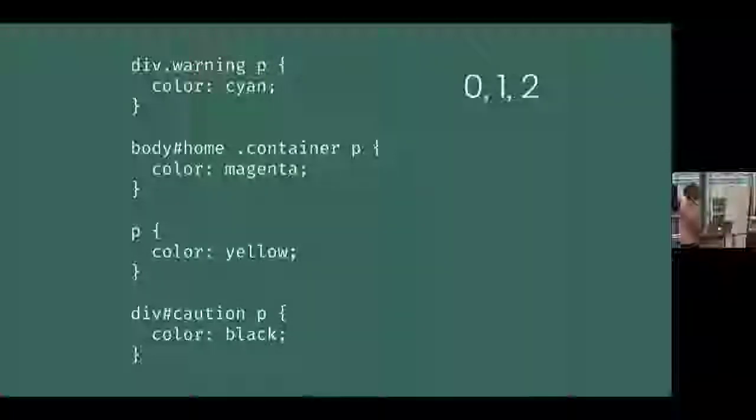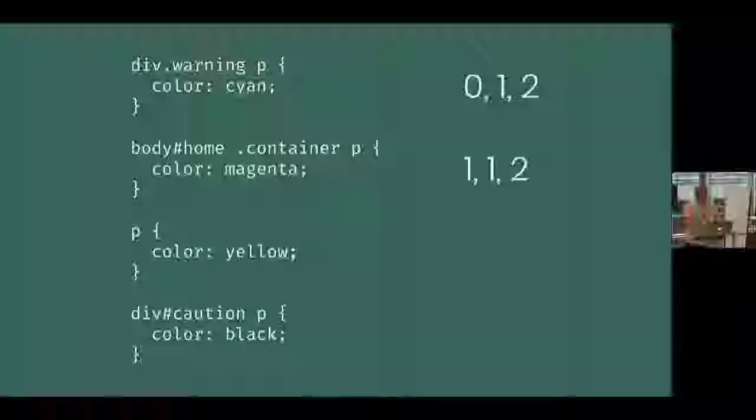What is the next one here? Body with an ID of home that has a descendant with a class container that has a descendant of a paragraph tag. It's very specific, right? So we expect this number to go up now. 112. So 1 for the ID, 1 for the number of classes, and 2 for the number of tags. That's right. Thank you.